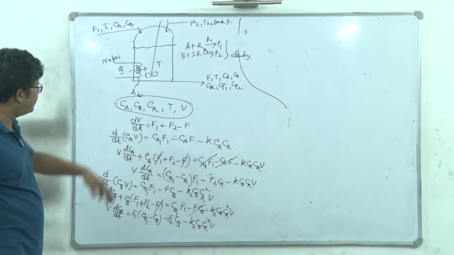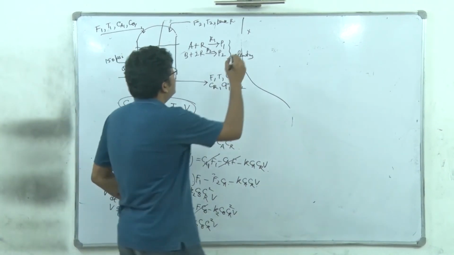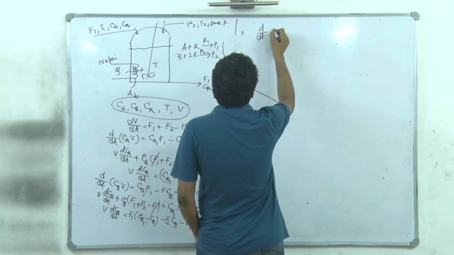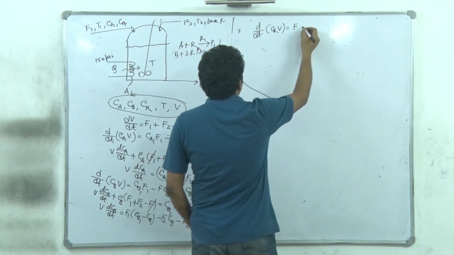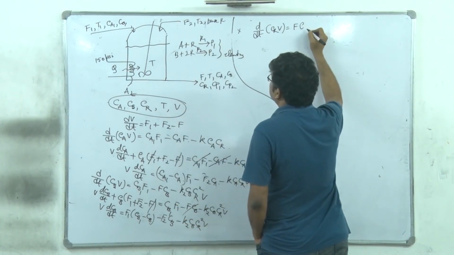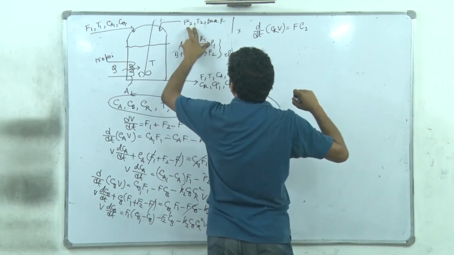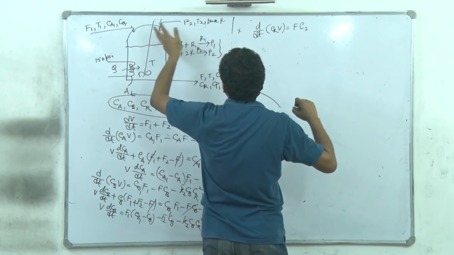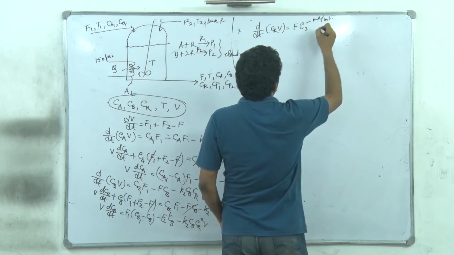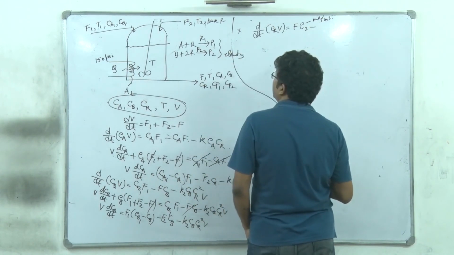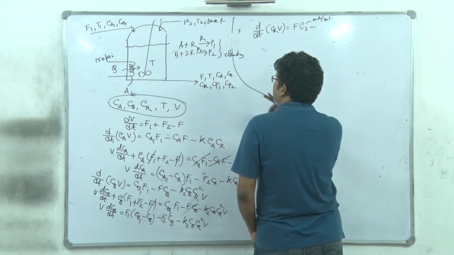Now these F1, F2, these are volume flow rates, but this is pure R. So ddt of Cr into V equal to volume flow rate into the concentration of this entire stream, right? The volume flow rate, as it is pure, so it will be entirely concentration, so it is mole per meter cube. So C2 is the concentration of that stream. Minus, what are the reactions?